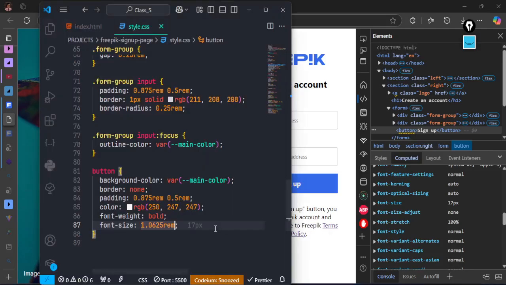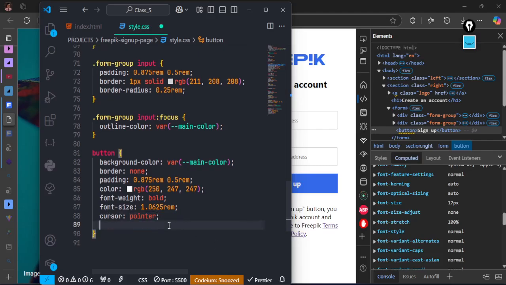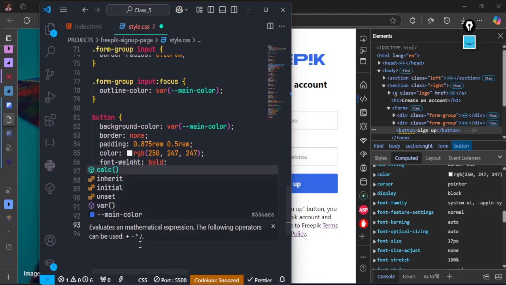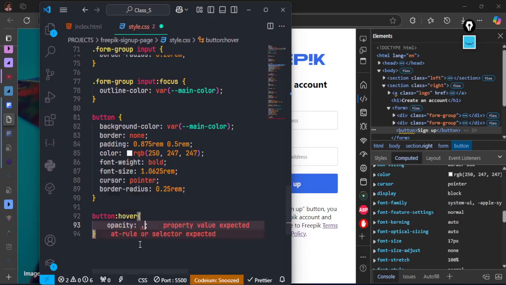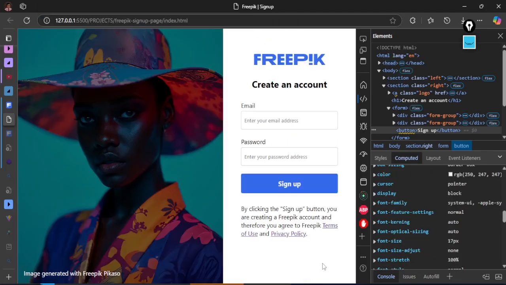But now, look at it, it's not showing that it is something that is clickable. So our button should show to the user that it is clickable, so we can use cursor: pointer, like this. Then now if you go there, as you can see, again, it should have border radius like the top one. So border radius should be 0.25 rem. Again, anytime the button is hovered over, we want to reduce the opacity. So opacity should just be, let's say, 0.7, like this,